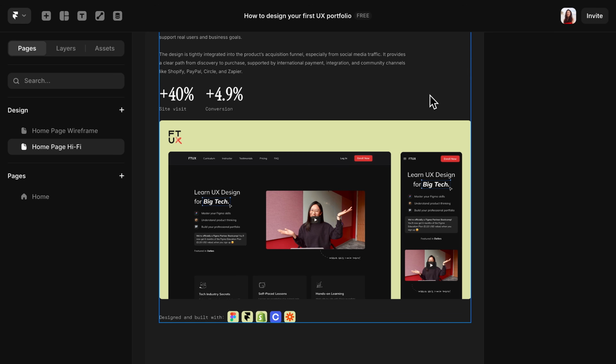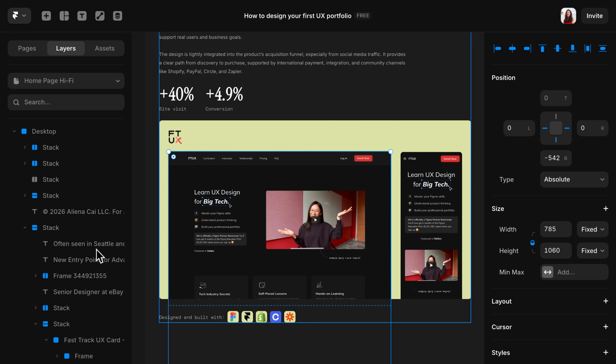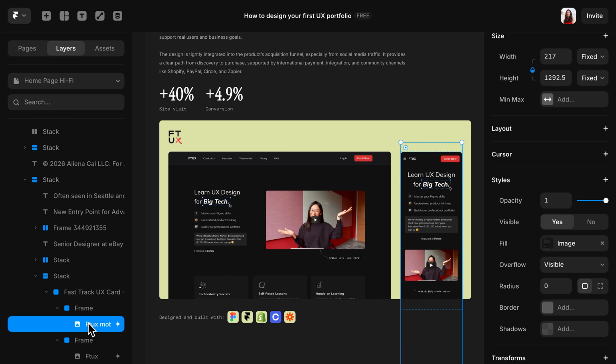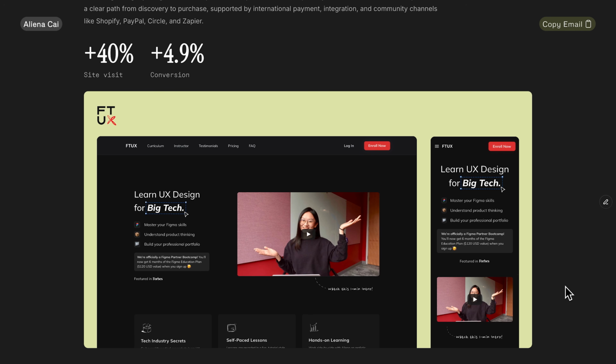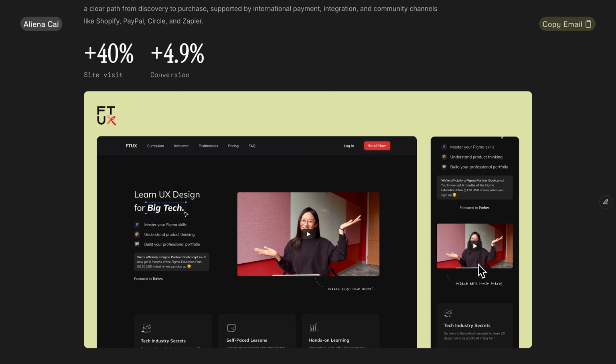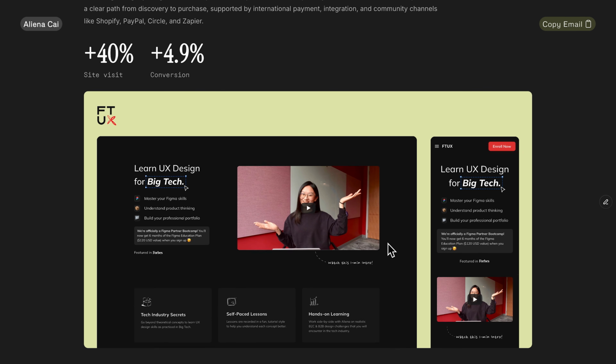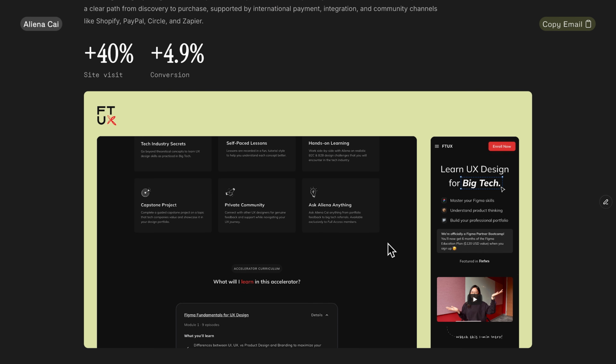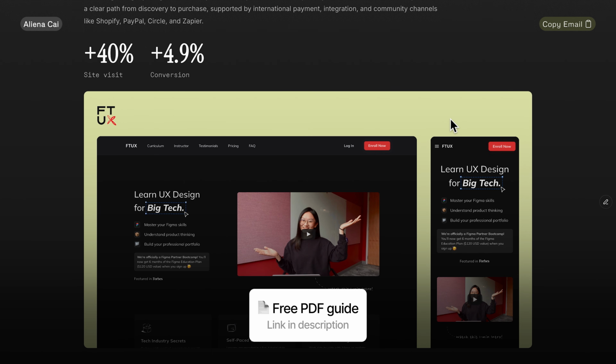For this other project, I designed a responsive website, so I'm going to showcase a desktop frame on one side and then a mobile frame on the other side. And I'm going to export my screens, which is just these 2 very long designs. And this time, instead of using a mockup, I created 2 frames in Framer. And then I placed the screenshots inside it, and then I added a hover effect to these 2 frames. So when you hover over it, the page scrolls slightly down. It's a little bit more complicated, and if you want to recreate the same effect, download the guide in the description.